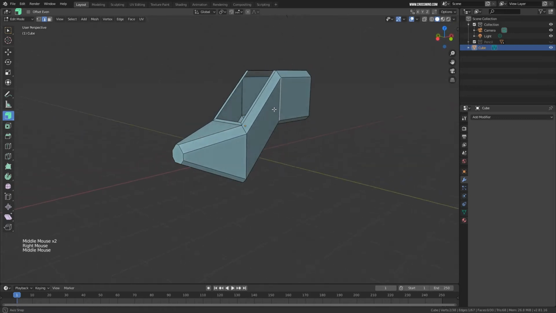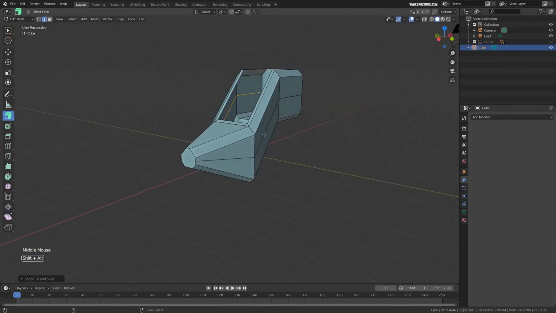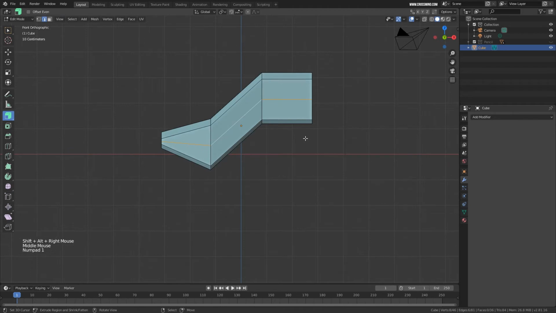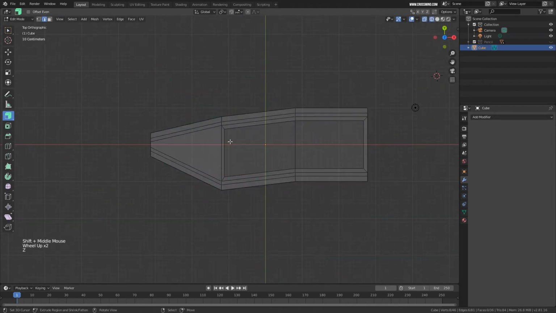Okay, now I can press Ctrl R and create a loop cut over here, and one loop cut over here, and I'll select these 2 and maybe go to the, sorry, now you see I think I messed up